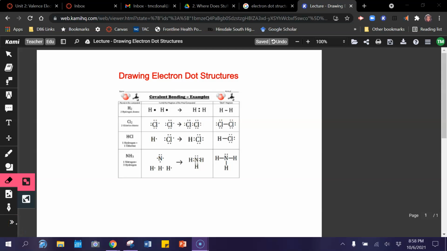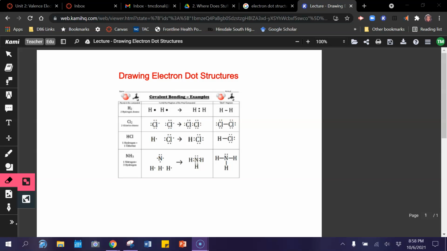Hello chemistry students. Today we're going to learn how to draw electron dot structures. Electron dot structures are another model of the atom, but unlike the Bohr model where the focus is on the placement of all of the electrons that are present in an atom, electron dot structures are focusing primarily on the